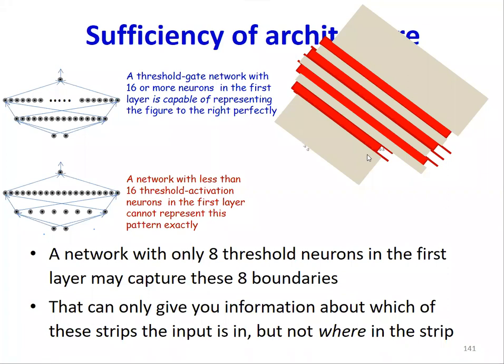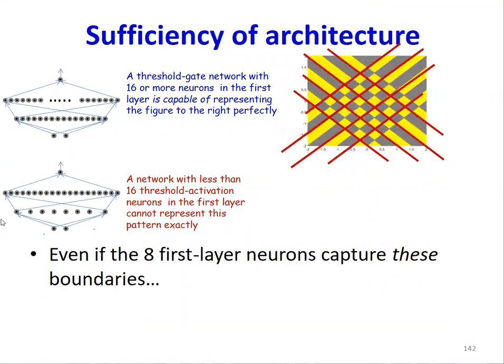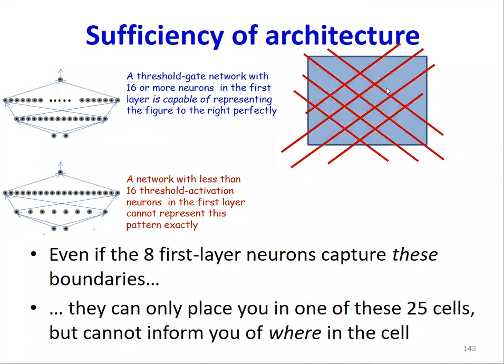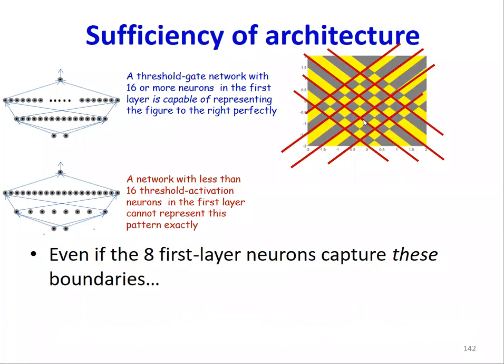So if we use 2 neurons, thank you. So let's get to that. It's not just real valued outputs. There's a little more to it than that. You need the nonlinearity, right? So even if you claim that these 8 neurons caught these 8 boundaries, the output of these neurons is only going to tell you which of these 25 regions the input is in. It won't tell you exactly where it is within each of the regions. Therefore, subsequent neurons cannot recover the information required to construct this complete pattern.